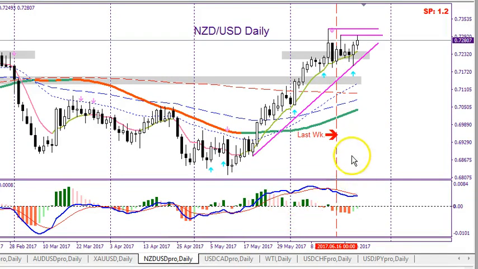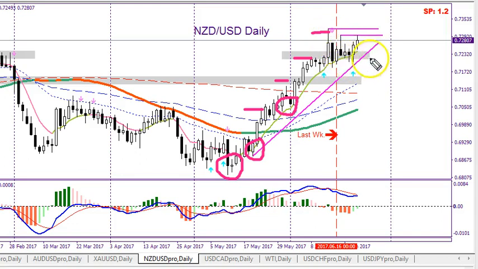Now we get to New Zealand USD. This pair has been one of the strongest again over the course of, well, you can see here, here's the previous swing low since the beginning of May, and you can see this is the swing low. Then we've made another low right here, another higher low, and also making higher highs. See, here's a higher high, again, another higher high. However, right now, price has been going sideways. I know we had a bit of a pullback off this gray rectangle, which is support,